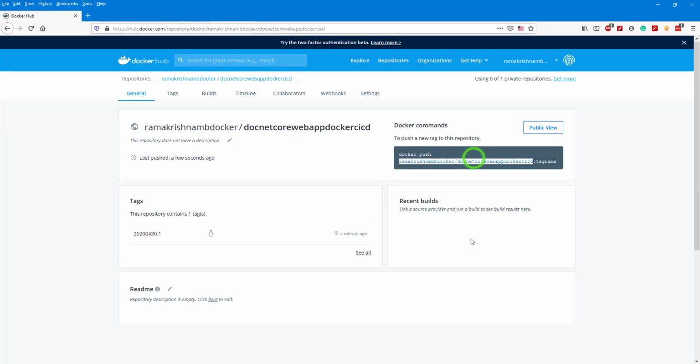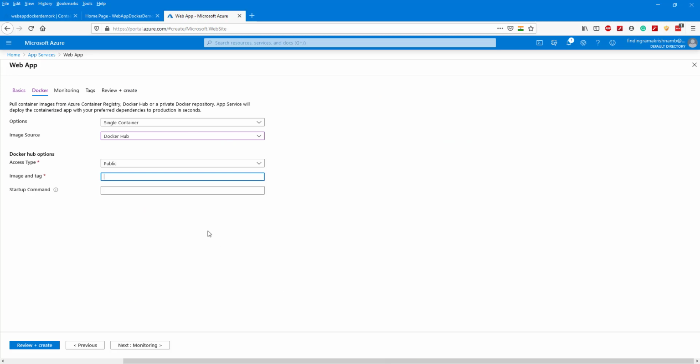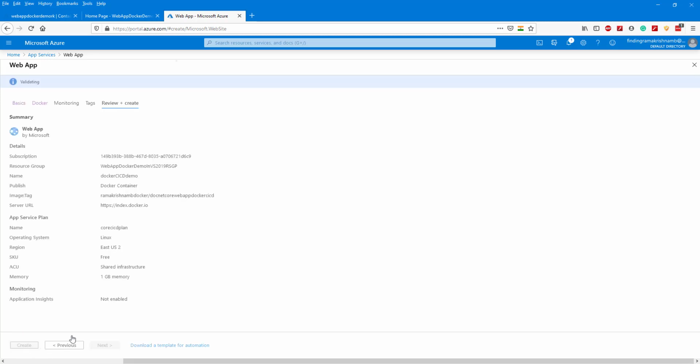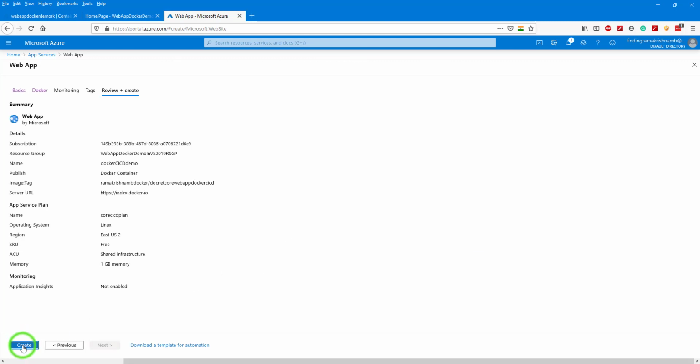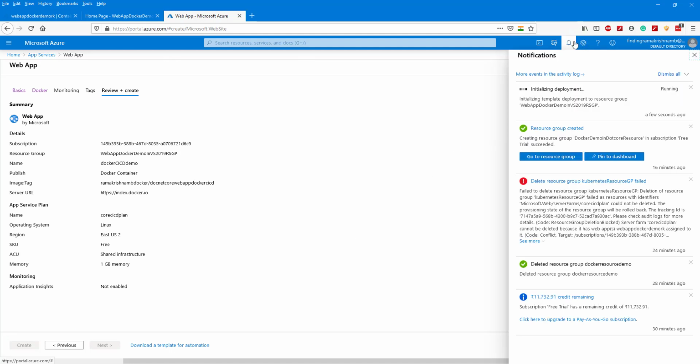We will get our image and tag name from our Docker Hub and copy paste it into our application. Review and create. Click on create. Our web app has started to deploy.